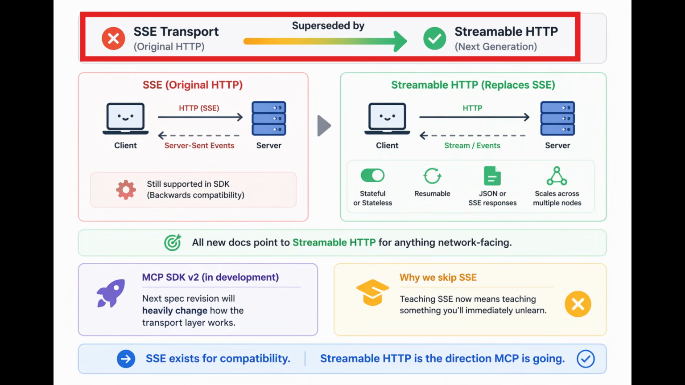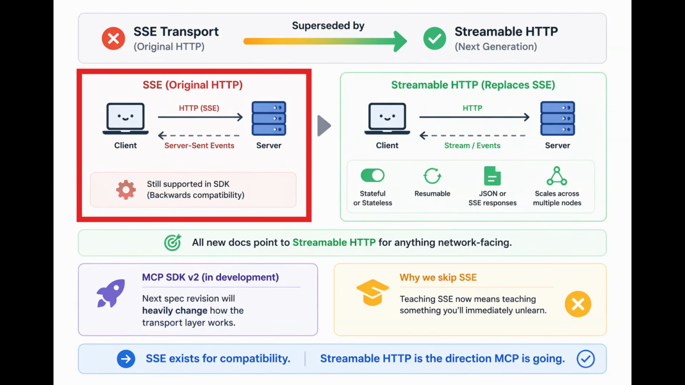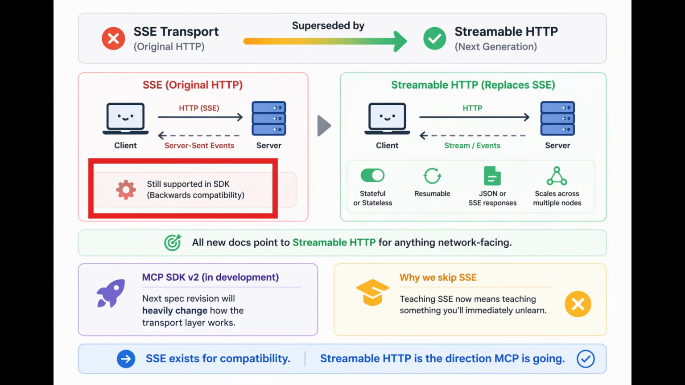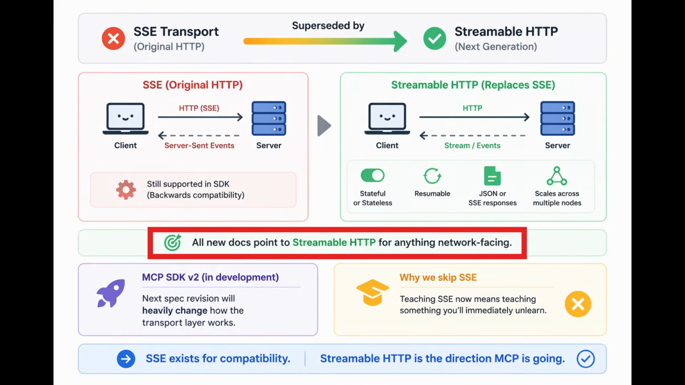SSE transport is being superseded by streamable HTTP. SSE was the original HTTP transport in MCP. Streamable HTTP replaces it. It supports stateful and stateless modes, resumability, JSON, or SSE response formats, and scales better across multiple nodes. The SDK still ships SSE for backwards compatibility, but all the new docs point you to streamable HTTP